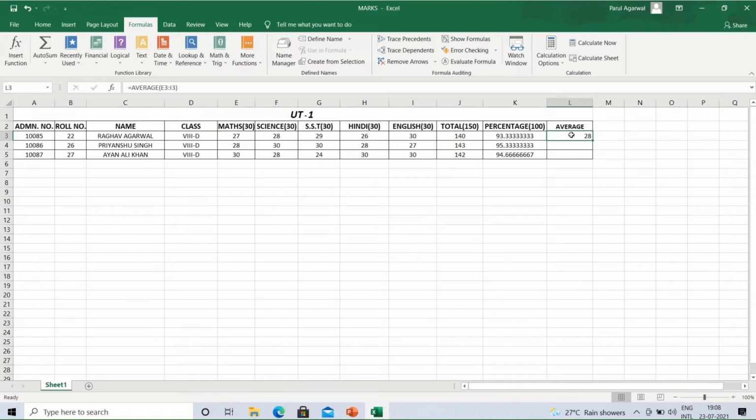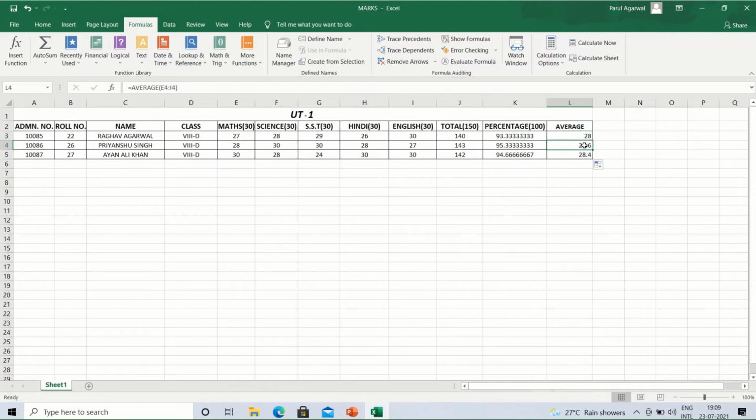given in cell L3. We'll bring our mouse pointer to the right side, where a single plus sign will appear, not this one, the double. We'll take the plus sign and drag it down with the help of the autofill feature. This is the autofill feature. Just by dragging it down, it will fill the average of the various students according to their marks itself.